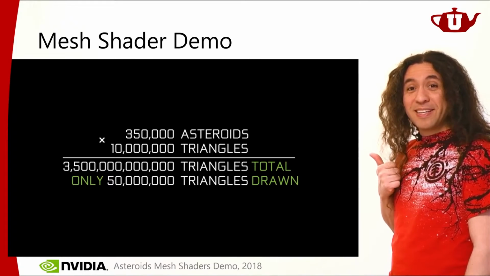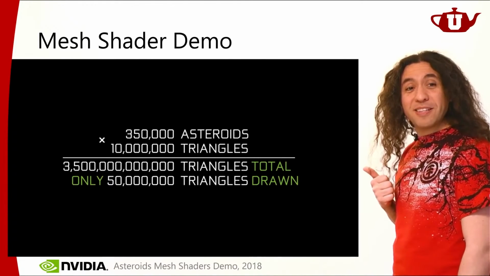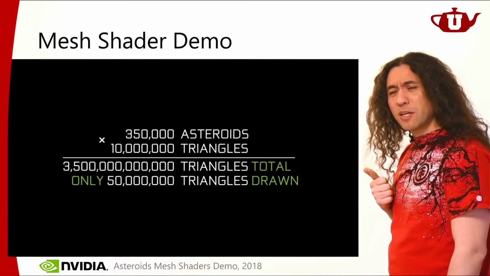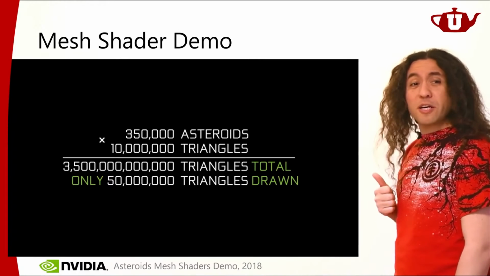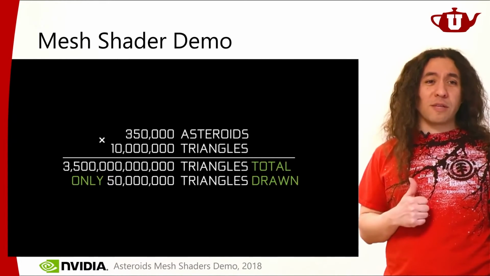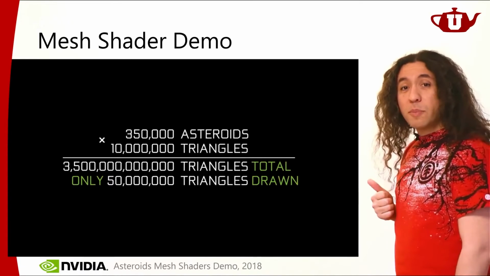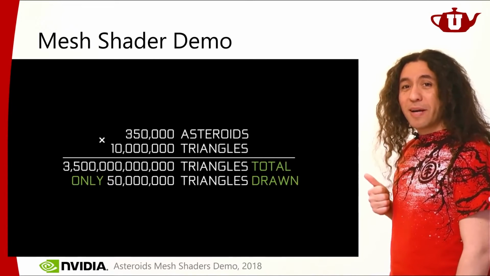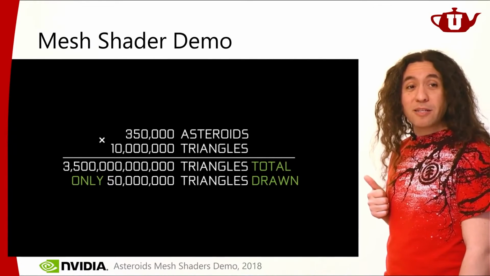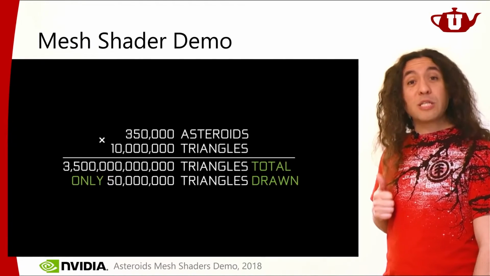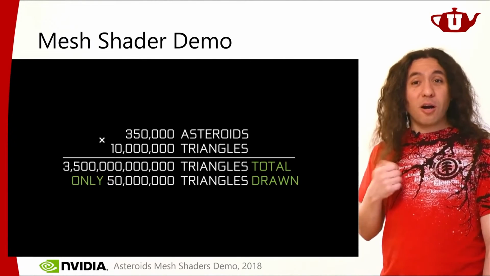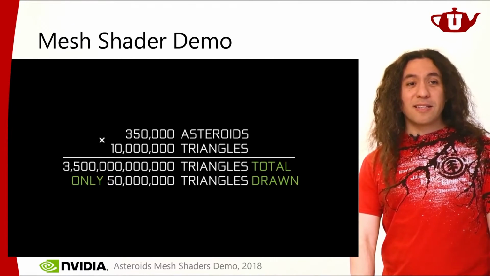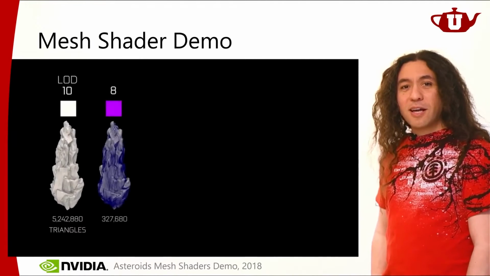They're crazy. So what is this? How many triangles do I have in the scene? 1,000, million, billion, trillion. 3.5 trillion triangles I have. There's no way you can draw this in real time. Not possible. But 50 million? Yeah, we can do that. We can do 50 million. So what it's doing is that on the fly, using mesh shaders, it's deciding which triangles to draw, which meshlets to draw, which objects to draw, and at which resolution. And this is how we can get this performance, and this kind of a scene can run in real time.